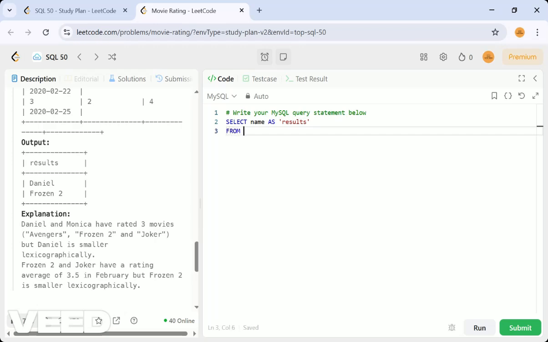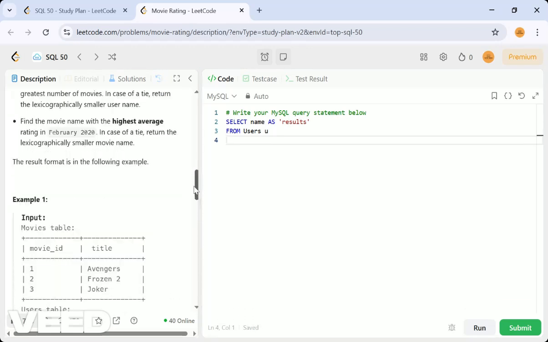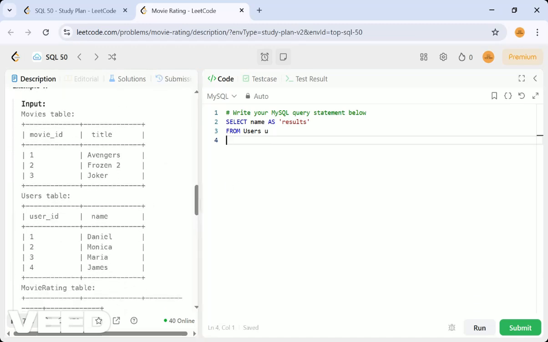From which table? The users table. You can give an alias name, as u. From the users table, you write some name. Let me have u here.